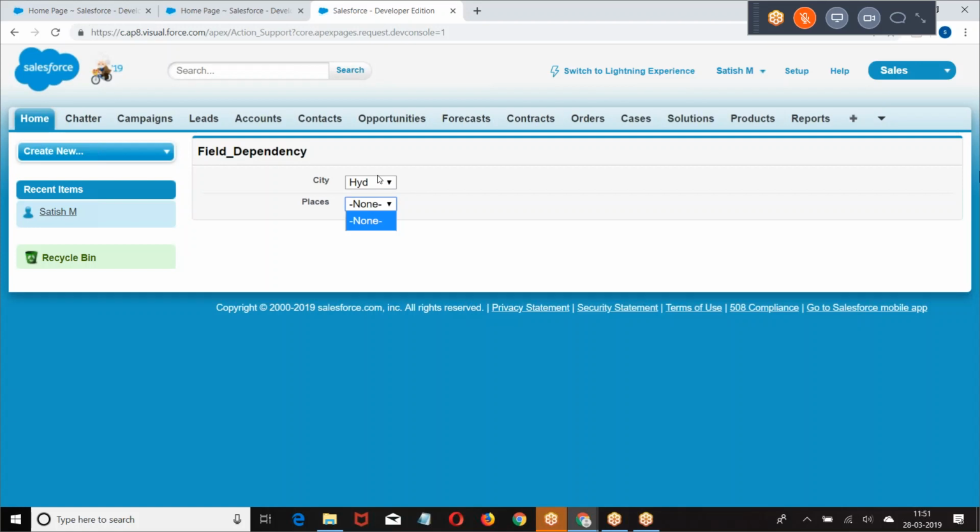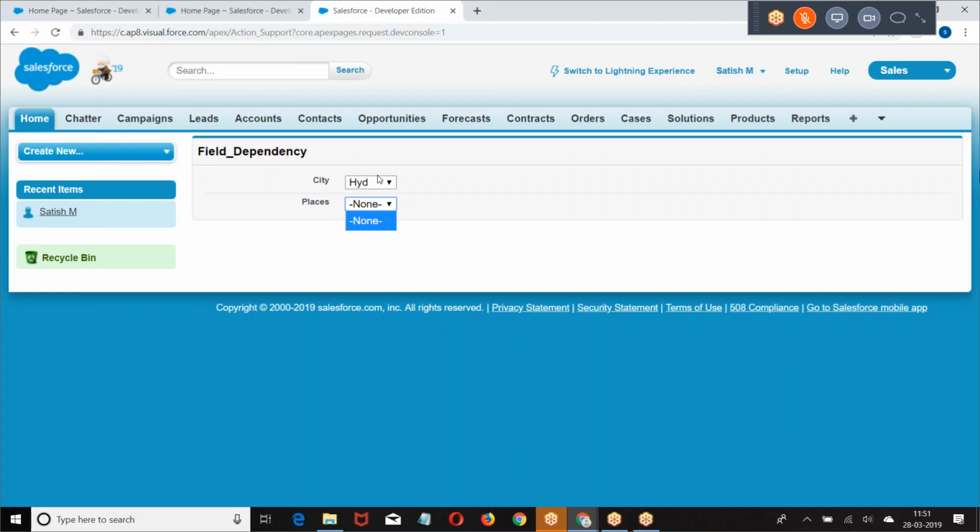Now if I select Hyderabad, we need to get Hyderabad places. Bangalore, Bangalore places. Am I clicking on a button? No. When the change occurs on the pick list. Now generally, when any event like on click, on change, on focus, on blur, all these are what? Events. When the event occurs, what should happen? I have to call JavaScript. On click, JavaScript. On change, JavaScript. On focus, JavaScript. On press, JavaScript. When any event occurs, I want to call JavaScript.